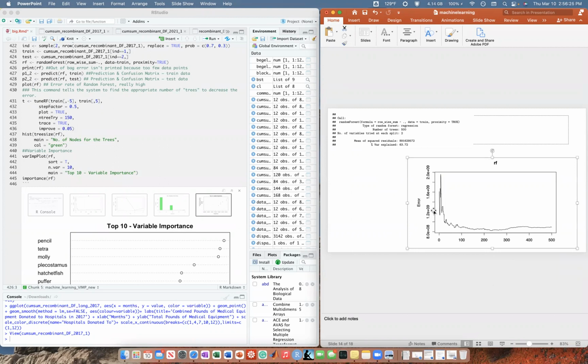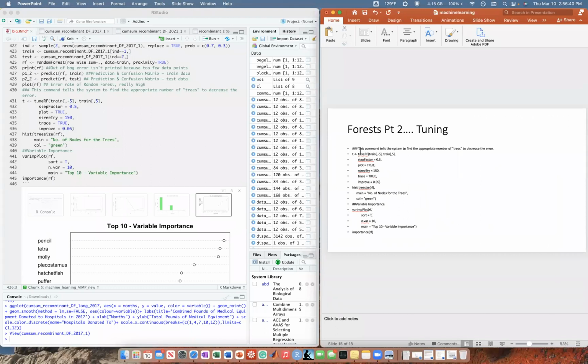But as you can see, the overall error decreases with the amount of trees. The x-axis is the amount of trees used, 100, 200, 500. The error decreases and plateaus, as you can see. So more trees is better for us, with lower error. This important part of trees is tuning. So you can tell the trees, hey, be better. And you can think of it maybe as a little bias.